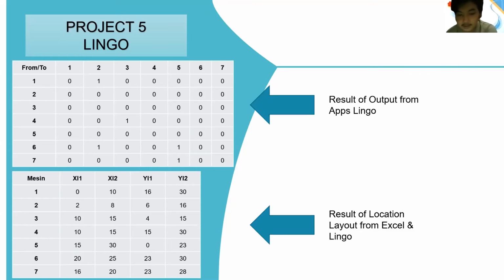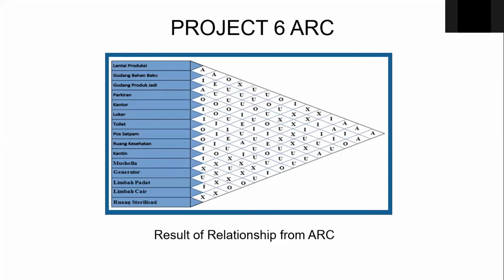This is Project 6, ARC. This is the result of the relationships from the ARC. The relationship is from a calculation in Excel, and the areas are the production department, raw material warehouse, finished product warehouse, parking area, office, locker, toilet, security post, medical room, canteen, mosque, generator, solid waste, liquid waste, and